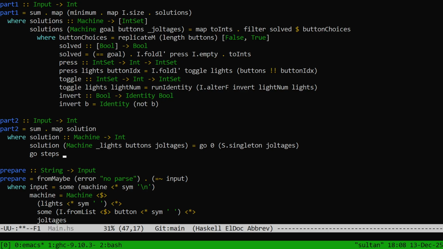But couldn't I just say add 1 to the result of calling go on a different set and have it return 0 when it's done? I think I should do that actually. Go of states, I guess, which is a set of int sets, is